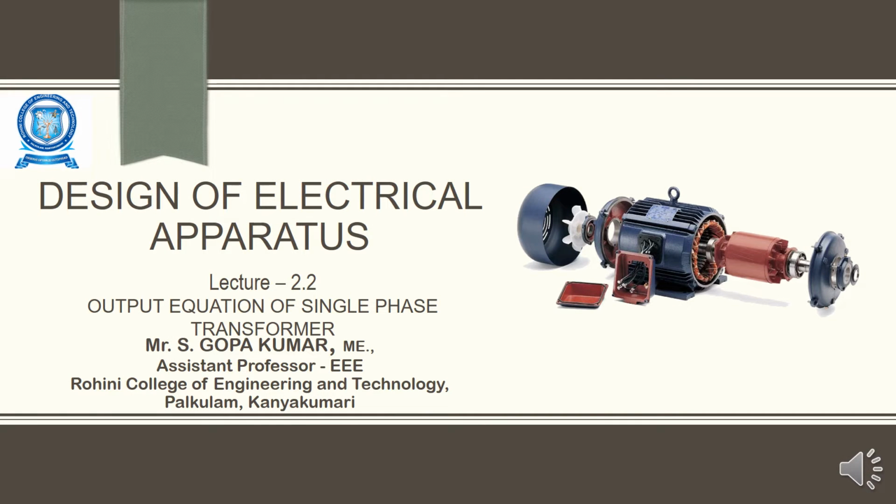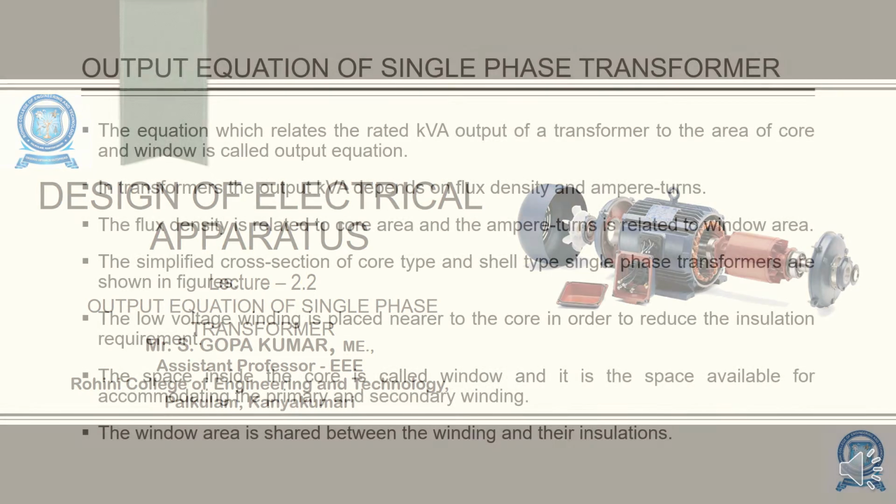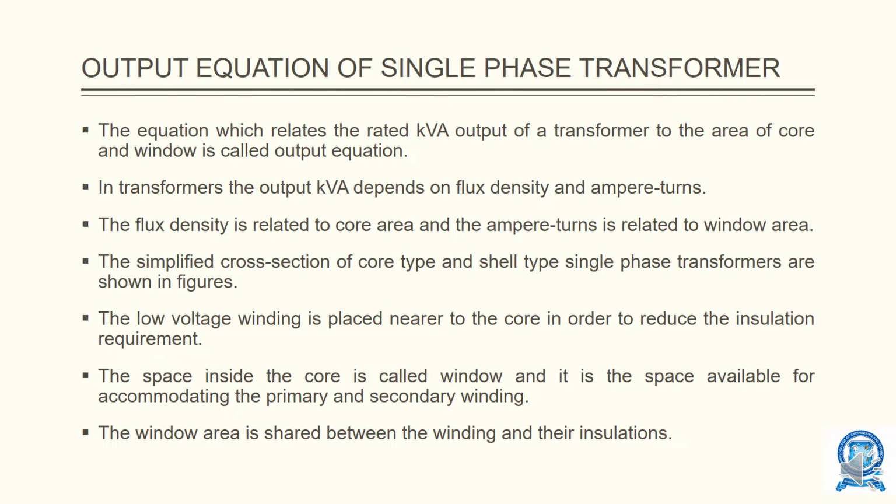Welcome, you all. In this session, we are going to derive the output equation for a single phase transformer. The equation which relates the rated KVA output of the transformer to the area of core and window is called the output equation. So the equation that relates the power rating with the main dimensions of the machine, we call it the